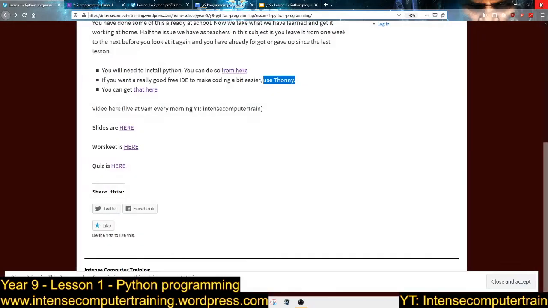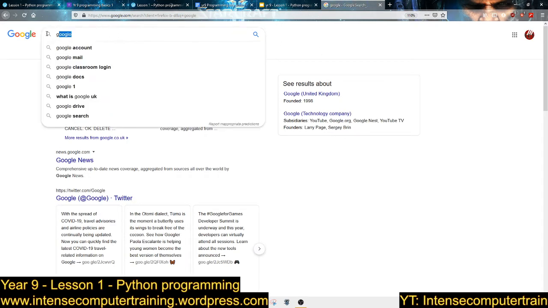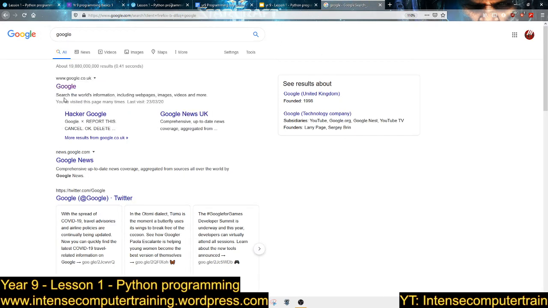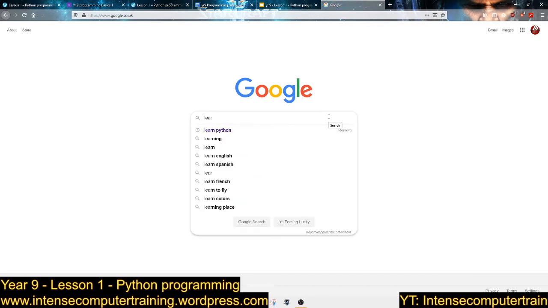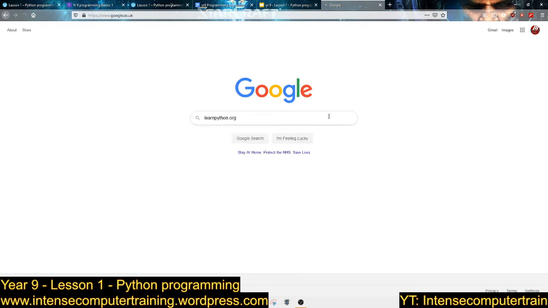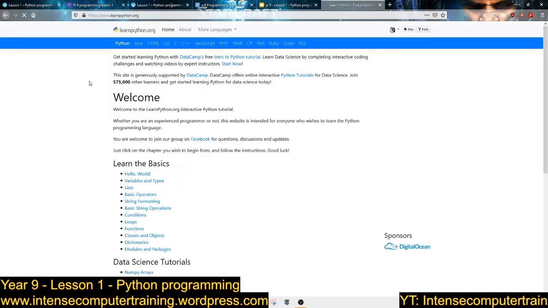But if you are that person that just cannot simply do it, if you go to your Google search engine from your browser and you type in learn Python, I think it's .org. learnpython.org.